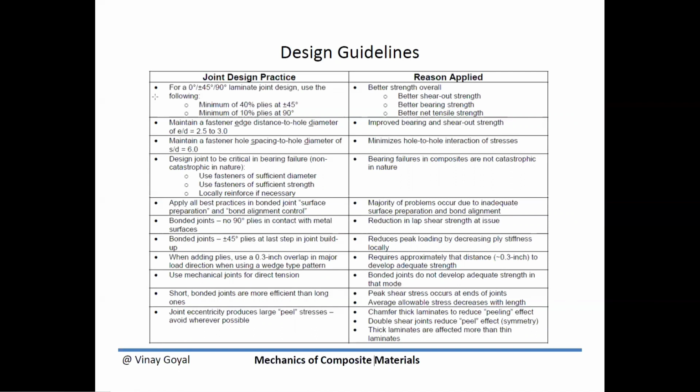I'm not saying use these numbers, but it's generally a good idea to maintain a fastener edge distance to hole diameter of 2.5 to 3. So take a hole, the edge distance to hole diameter should be this much. It improves the bearing and shear out strength capability. Maintaining a fastener hole spacing to hole diameter of 6.0 is a good idea to minimize the interaction